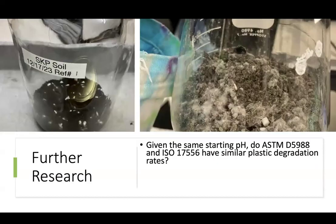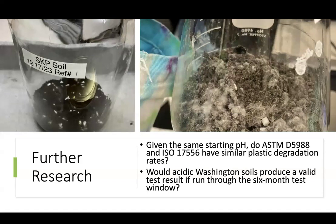This leads to further questions in the research. So the most obvious difference was the pH. If the pH was the same across these two tests initially, would they have similar plastic degradation? In other words, is pH the primary cause of the difference here? Likewise, would acidic Washington soils produce a valid test result if run through the 6-month test window? The test is allowed to be run for 6 months, but I did not have 6 months to run it, so I cannot conclusively say that the reference would have degraded enough to say this test did function the way